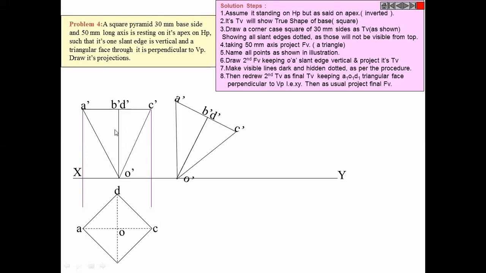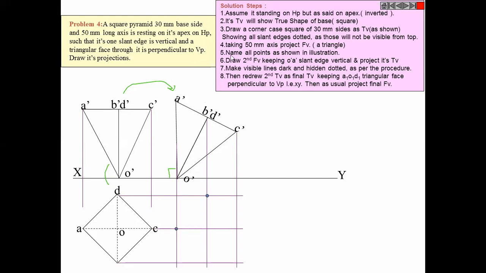Okay, what is the next step? It is told that one of the slant edges is vertical, so we just tilted it. Just a moment, I will bring that. Okay, yes, so we just tilted it from here to here such that this angle becomes 90. It is given that way only. Okay, what is next? We will draw the projection and we will draw its another view. From here, will there be anything dotted? You just think of it. Will there be anything dotted? Yes or no? No. Why?